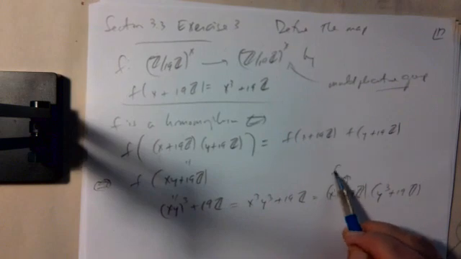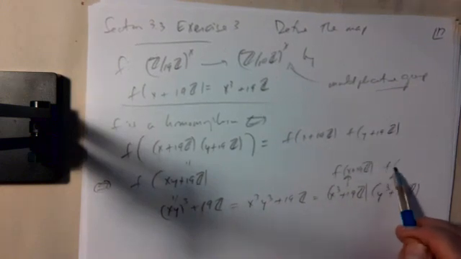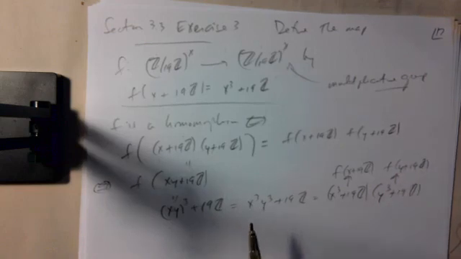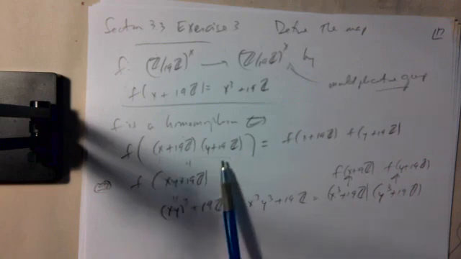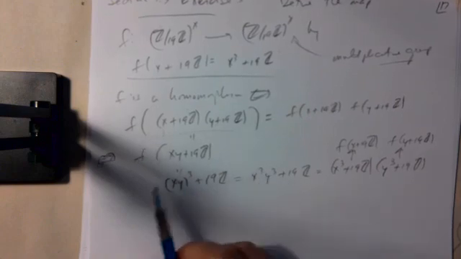And this is f of x plus 19z, and this is f of y plus 19z. So from the definition of a homomorphism and the definition of the product of congruence classes, this function is a group homomorphism. And the kernel